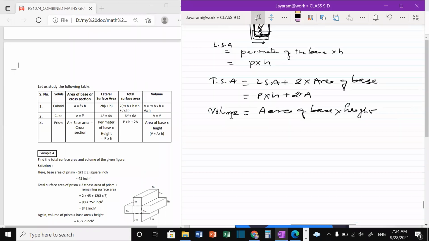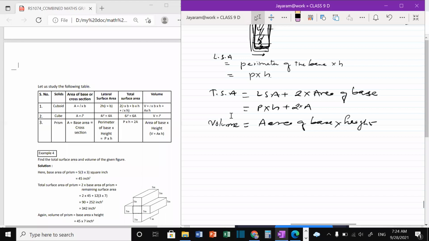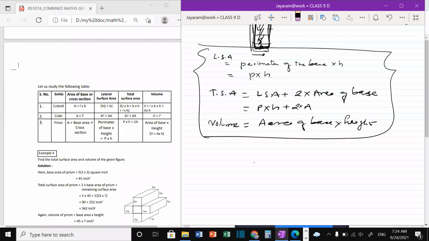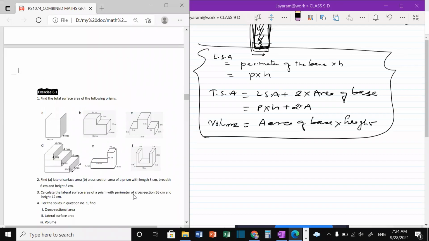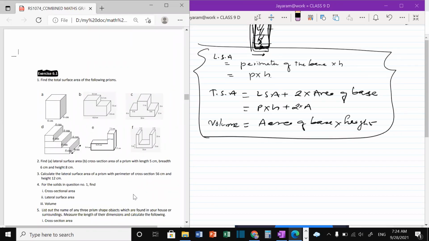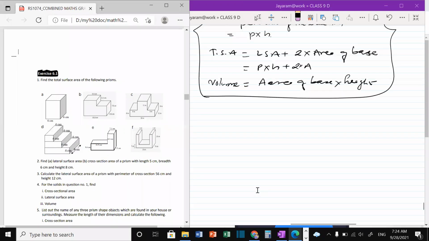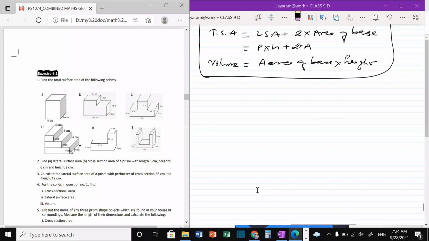So these are the 3 important formulas for today's lesson. Now we're gonna start our main lesson here. From here, one question has come in today's exam, so I'm telling you here. Now let's do question number 1A.